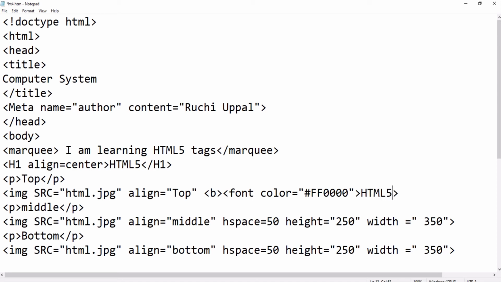After that I have to close my font tag, so I am closing this. One more thing I have to do is close the B tag, which I started here. And one more tag I already did.